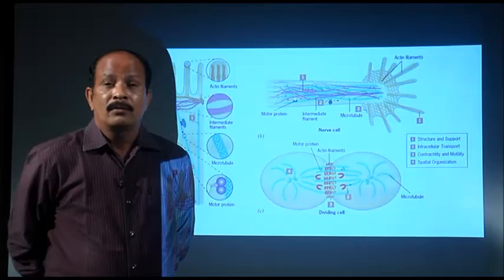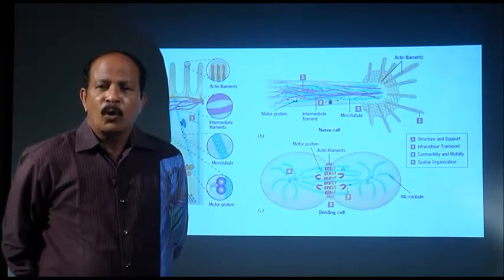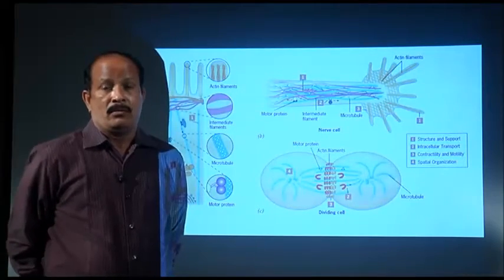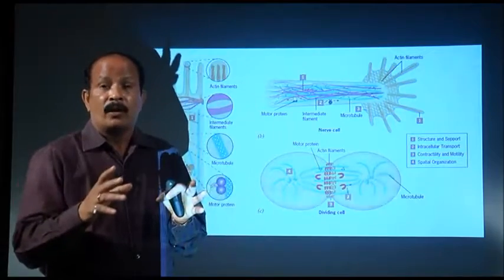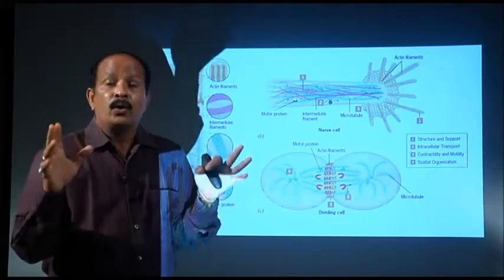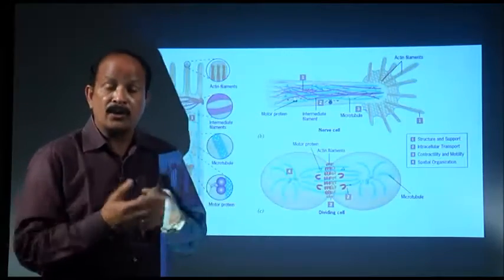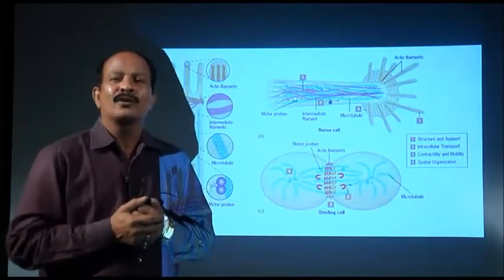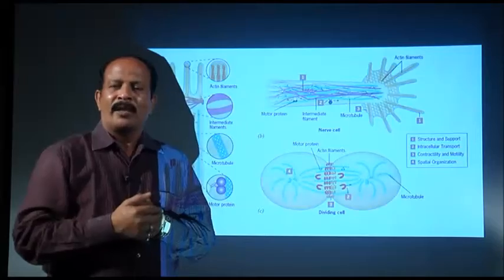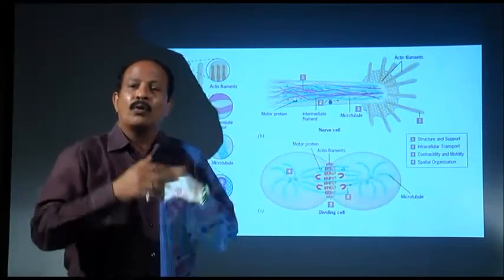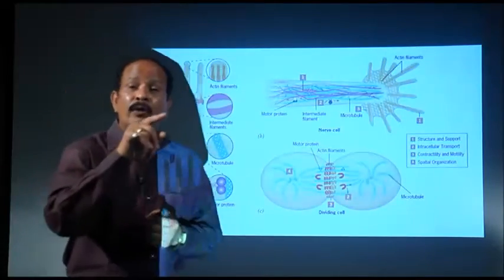So, the human cell atlas reveals that there are around 200 types of cells in our body. Nerve cells, egg cells,